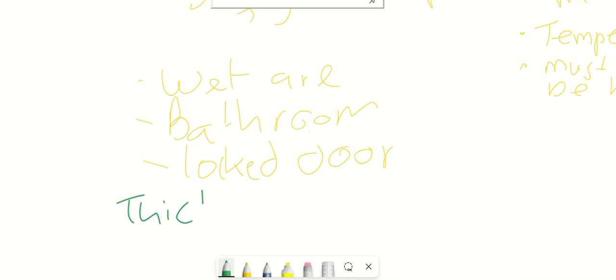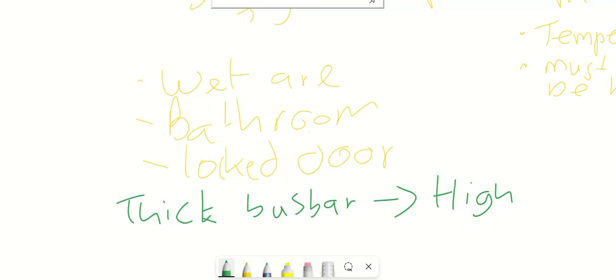Thick bus bar equals to high current. So that's how you know things.